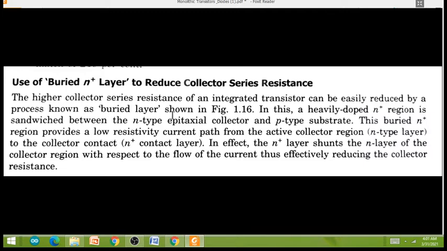So buried layer is shown in between. That buried layer should be heavily doped, and therefore it is shown as a n plus channel, and this region will have a low resistivity, because it's more predominated with the ions, and therefore it will offer you less resistance. So it looks like a n plus layer shunt in the n layer. You can be asked such short questions कि n plus layer basically किस तरह से वर्क करता है, तो आप बोल सकते हो it is working as a shunt.